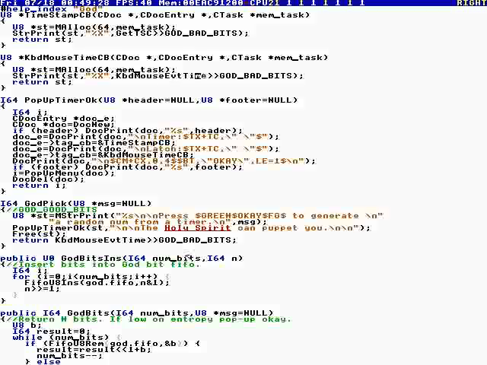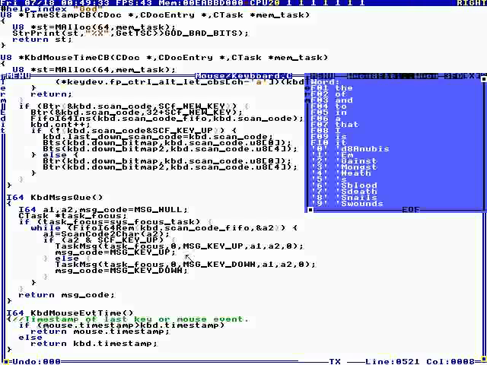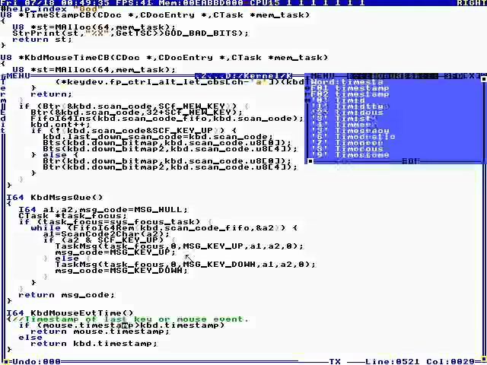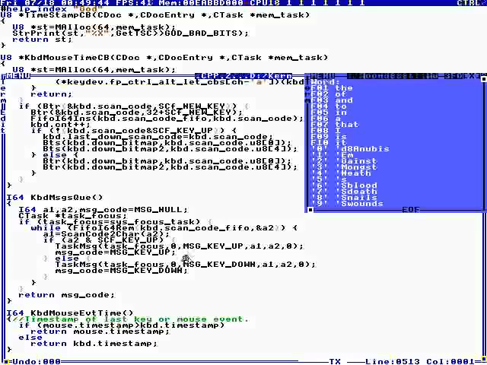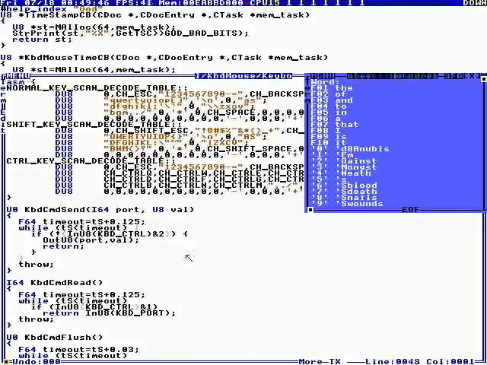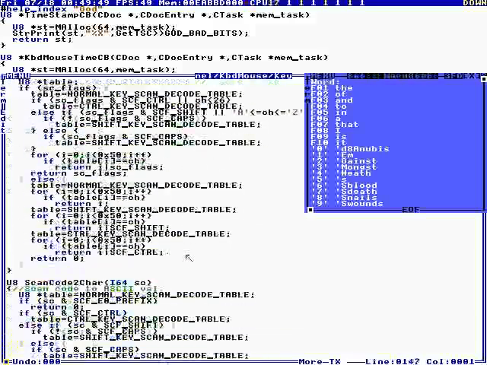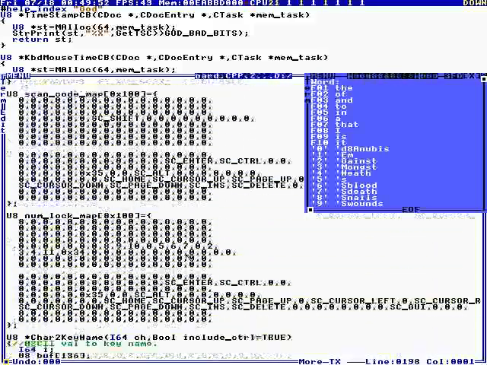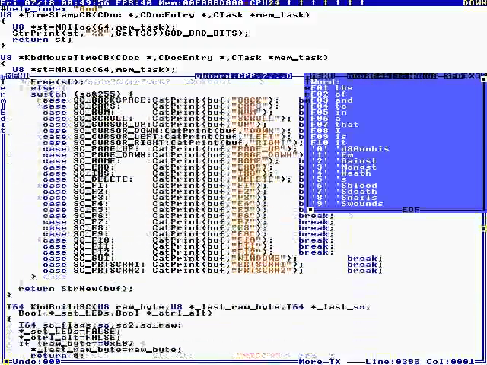Keyboard mouse event time is a function. It returns whichever's more recent, the last keyboard or the last mouse activity. And it uses get timestamp. Anyway, I think it's in the interrupt handler.